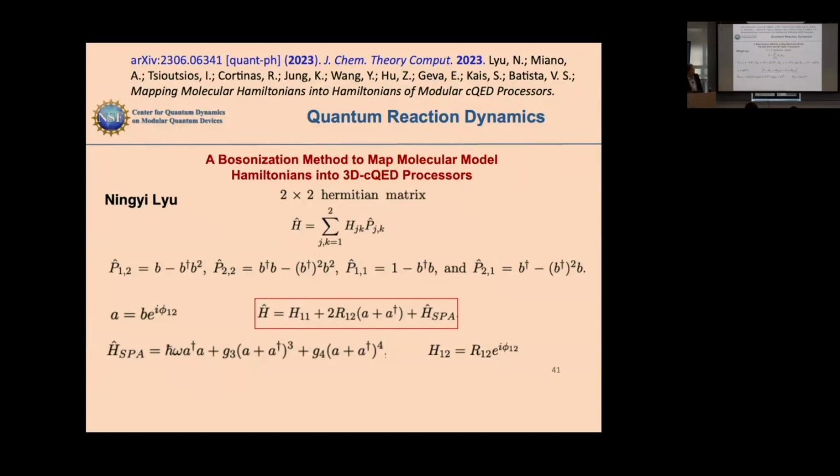This is what we've done in this last paper that I mentioned, which is come up with a bosonization method that allows us to write, in fact, any n by n matrix or 2n by 2n matrix in terms of a sum of powers of